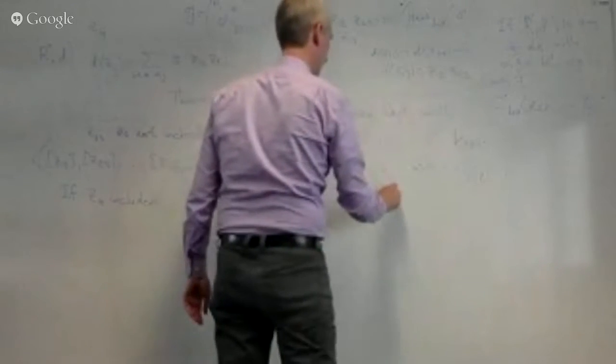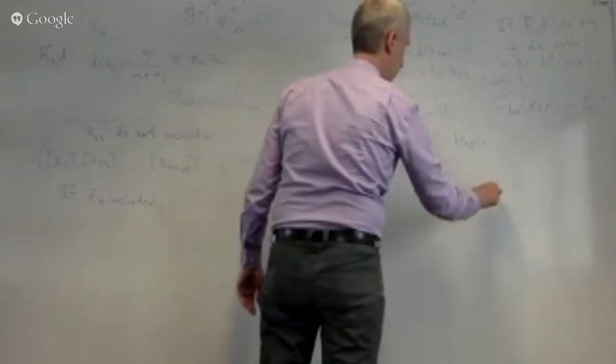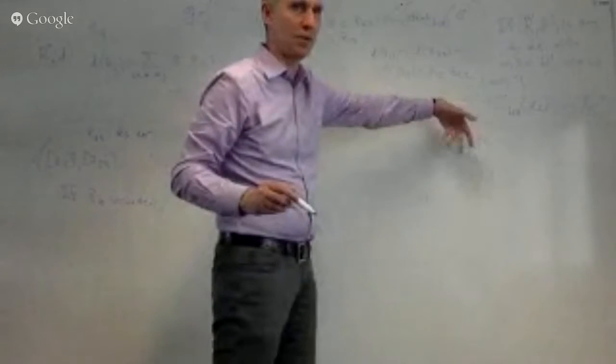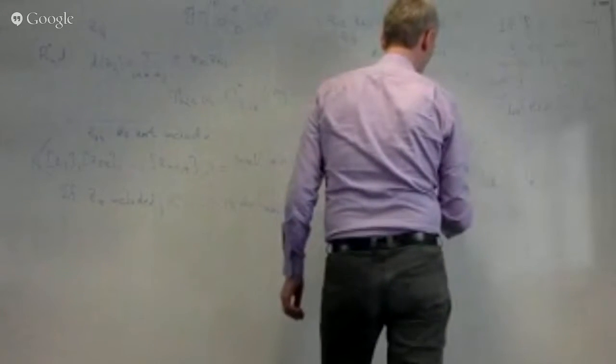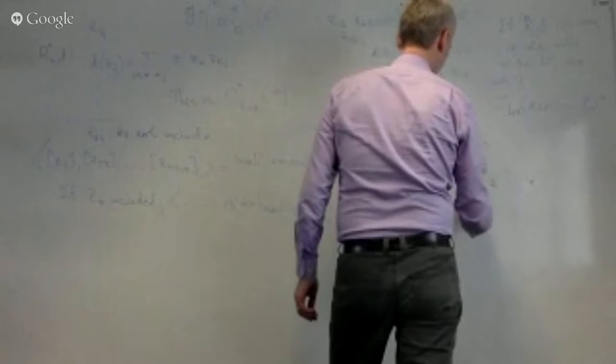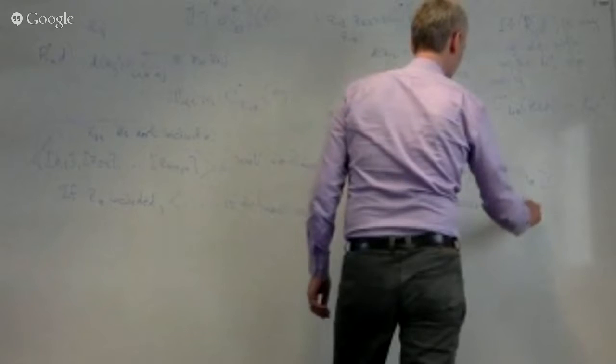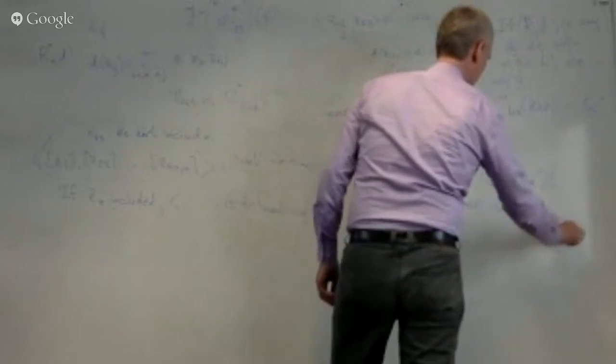So Galois, so mod 2. In fact, if it's not 2, it will be a cover mod Z. So a Galois cover of S3 minus C1 minus C2 with group